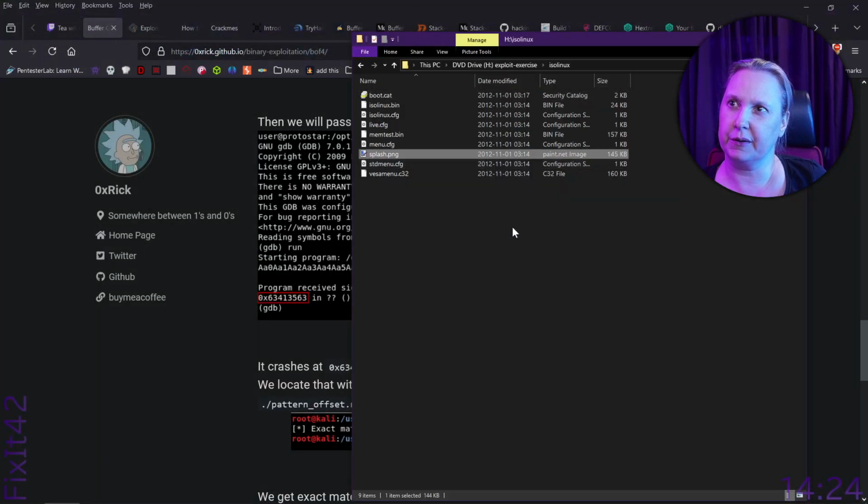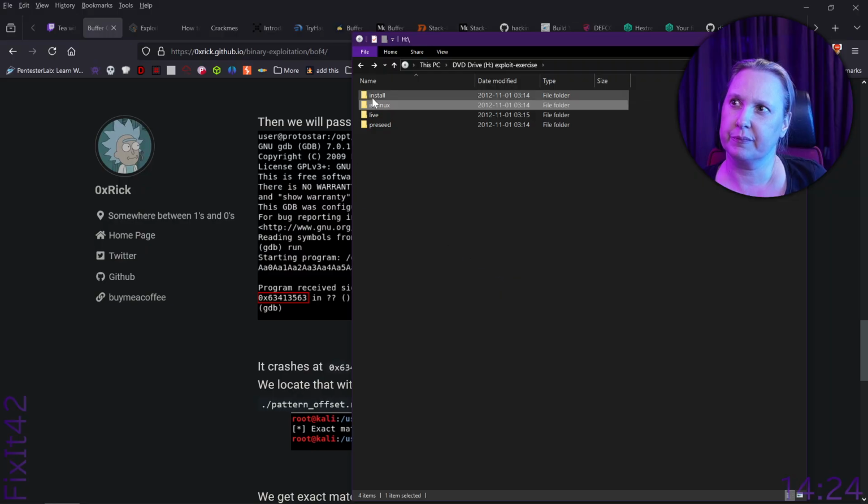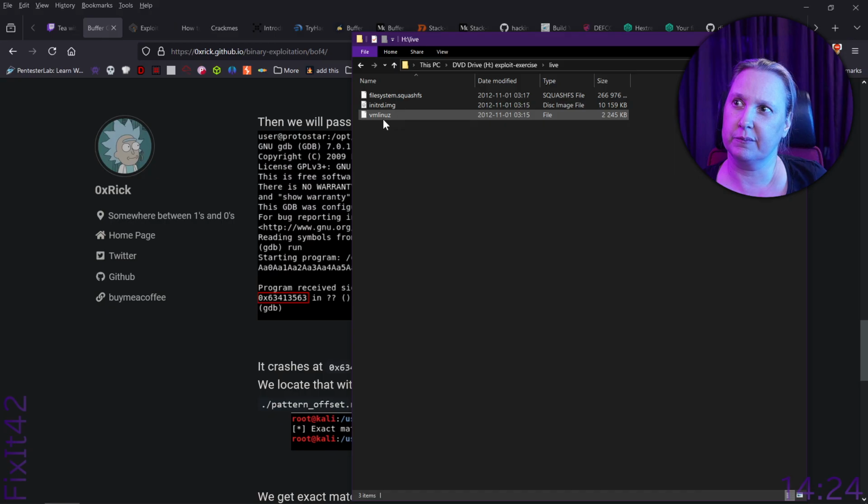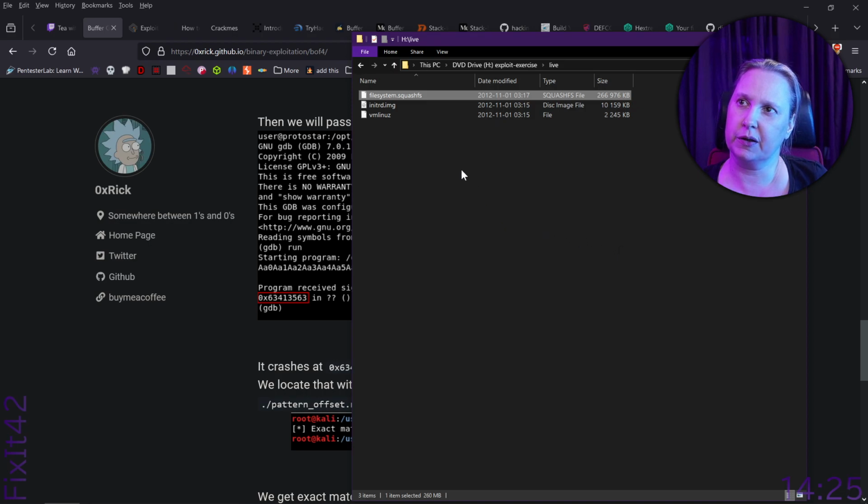So I'm thinking that's apparently empty. File system. Yeah, so we wouldn't want to open this anyway. It's interesting.